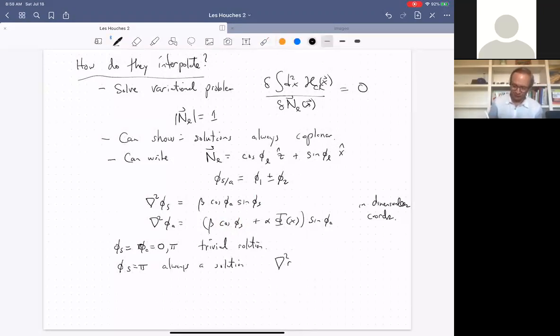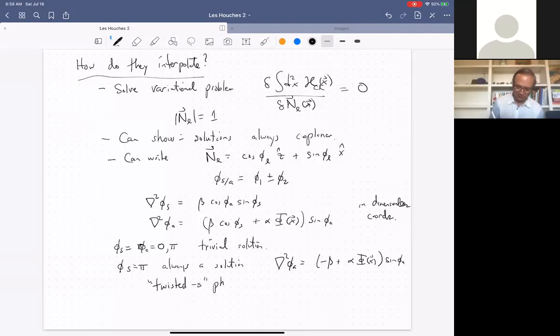And then we can still have a non-trivial function for phi a. This is a vector. So this turns out to be the correct form for the ground state in a large region of the phase diagram. We call this the